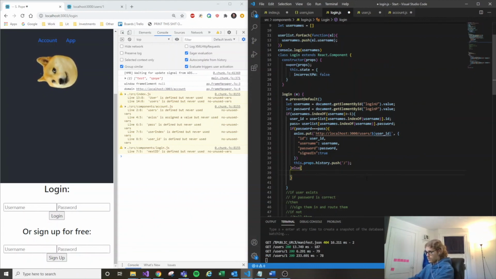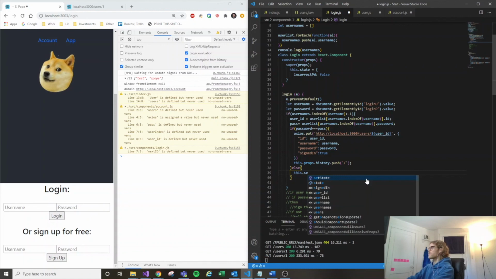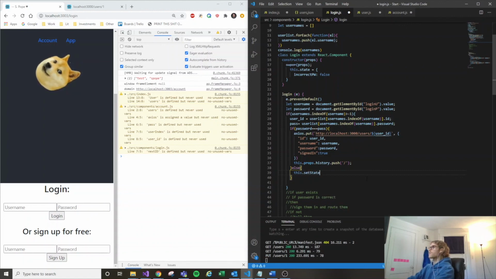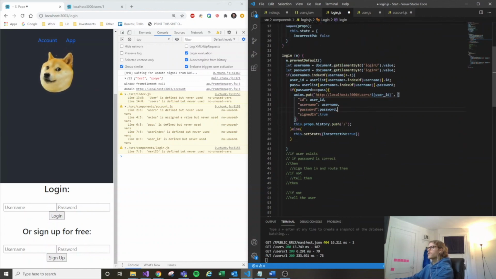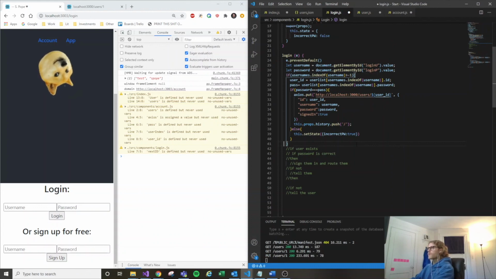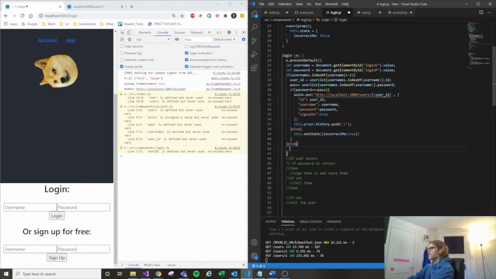And then when they get that wrong, we're going to say this set state true. And then, good. We are also going to have another one of those. So after this, we'll have our else, and then